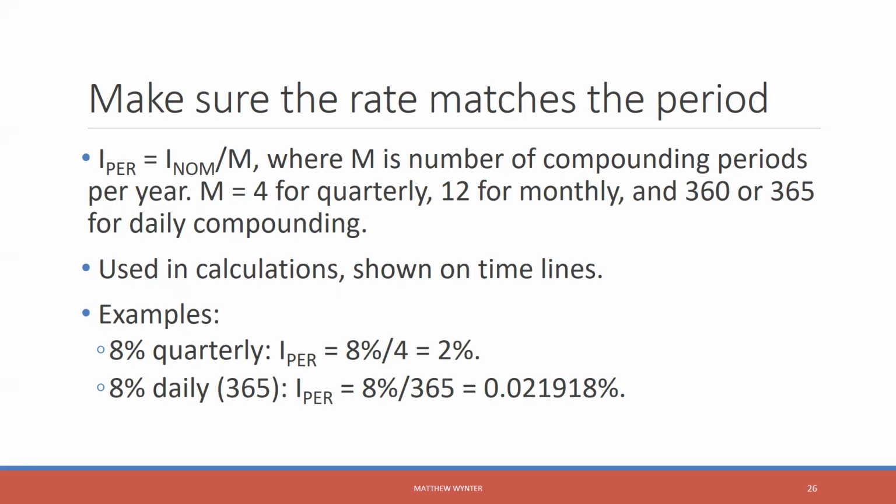So we've got our time period, and we're going to divide that by whatever the number of compounding periods are per year. So if we have an interest rate of 8%, then we want to know the quarterly. What would that quarterly be? Well, for every single period, it's going to be 2%. If we had an interest rate of 8% per year, what would the daily compounding rate be? We're going to take our 8% and divide it by 365. So hopefully it's kind of clear that we always want to make sure that we choose the rate that matches